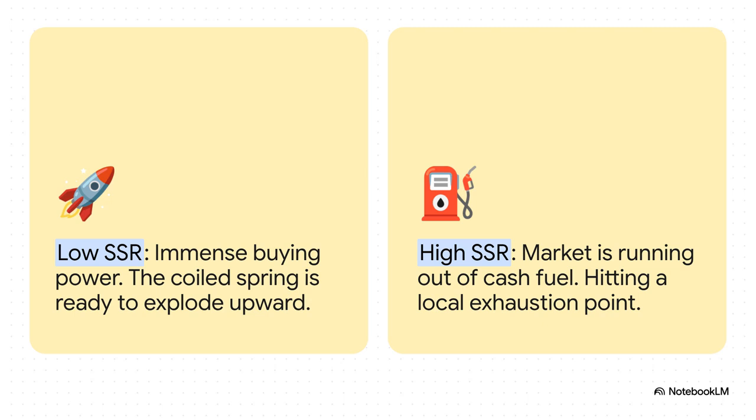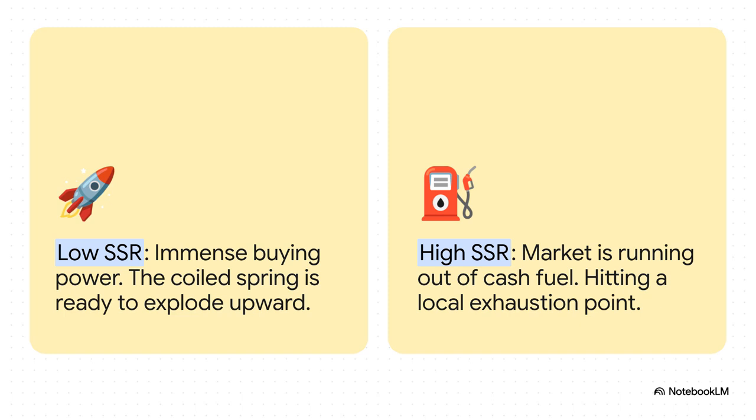On one side, you've got a low SSR. We like to call this the coiled spring. A low SSR means the total supply of stablecoins is incredibly high relative to Bitcoin's market cap. All those available dollars have immense buying power. That spring is coiled so tight, and even a tiny rotation from those stablecoins into Bitcoin can trigger a massive